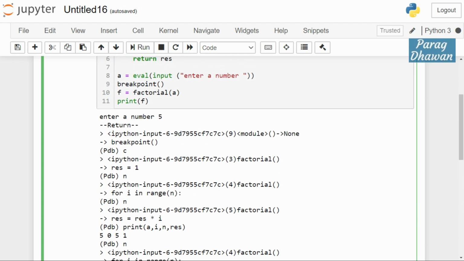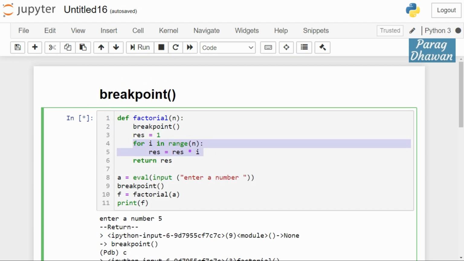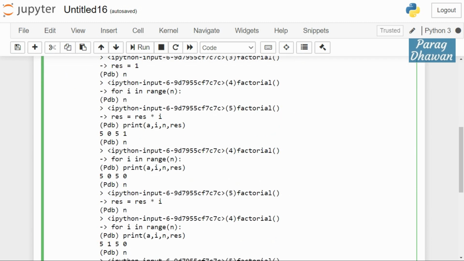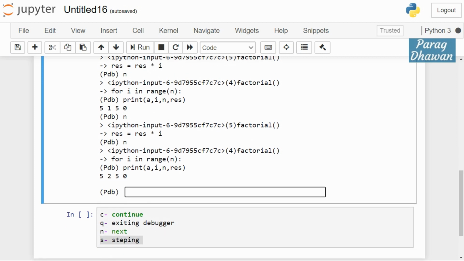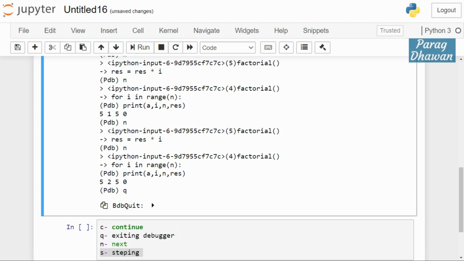You are multiplying what? You are multiplying result with I, and your first index was I starting at 0, therefore this was the error. You see, first time when we printed the value of a, I, n and result, the value of I was 0 and value of result was also 0. So what we can do, we quit this debugger, press Q here, we come out of the debugger,